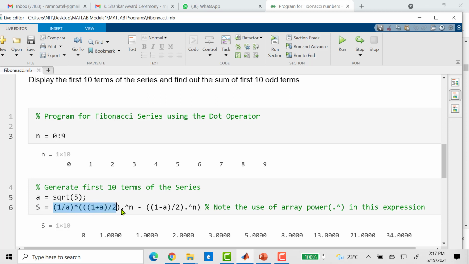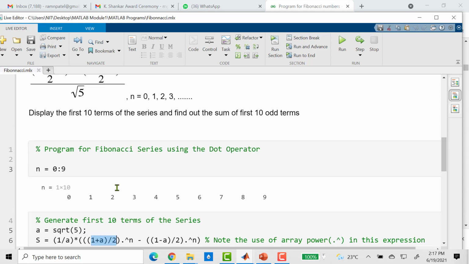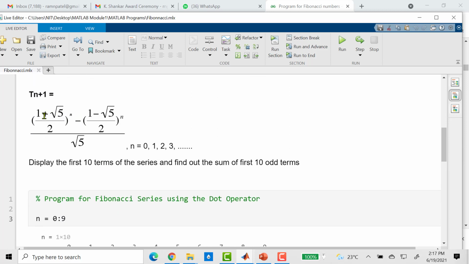Remember that here we have used dot power. This dot power n works on this constant term 1 plus a, and raises this term to the power of each element of n individually.